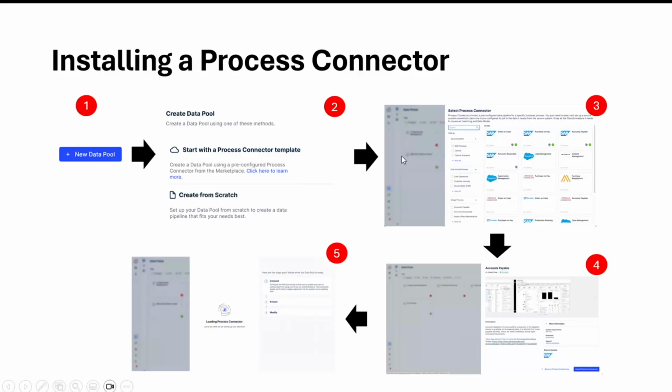Then you can click on the pre-built connectors that are already available. Click on one of them to install it. You will find another screen like this, where it gives a little bit of detail about the connector. Then you can actually install that connector. When you click install,